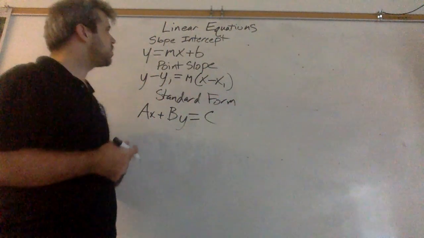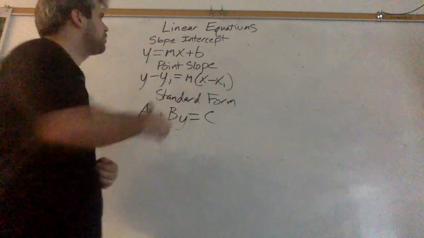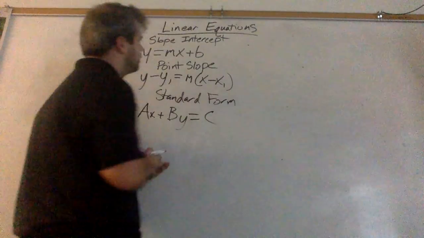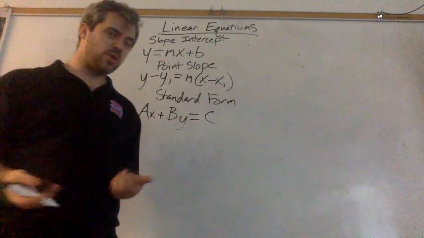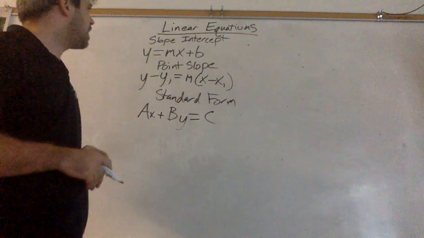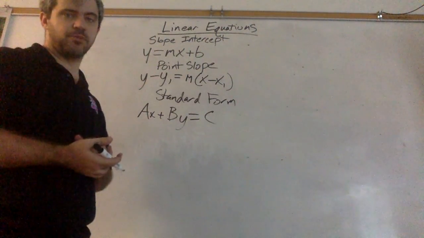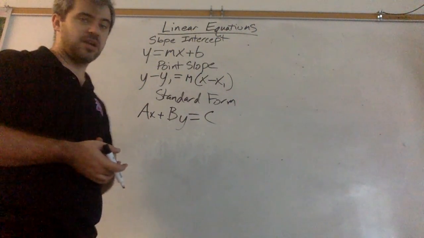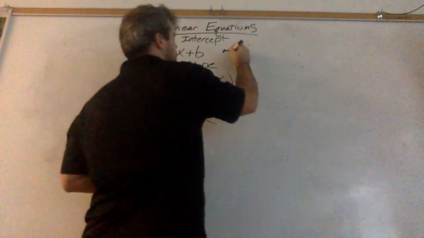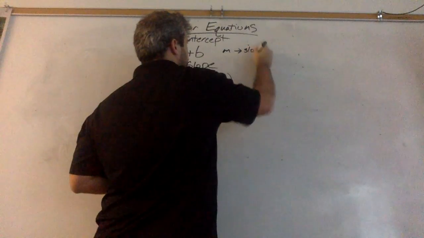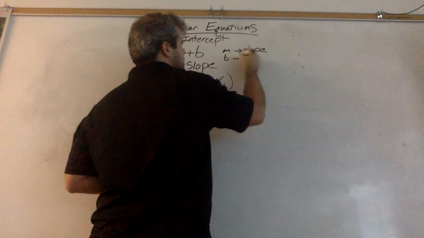All right, so real quick, I want to show you the different forms of linear equations. We can write these in a few different ways, and they'll be given to us in a few different ways. The first is slope-intercept form. It's called that because it gives us the slope, which is m. So m is our slope, b is our